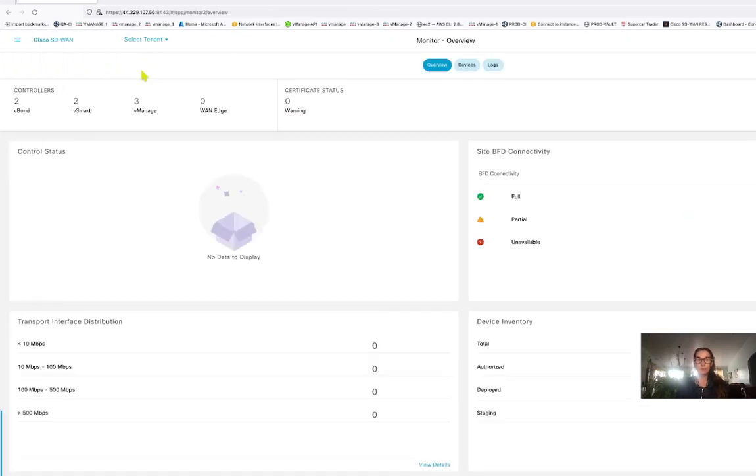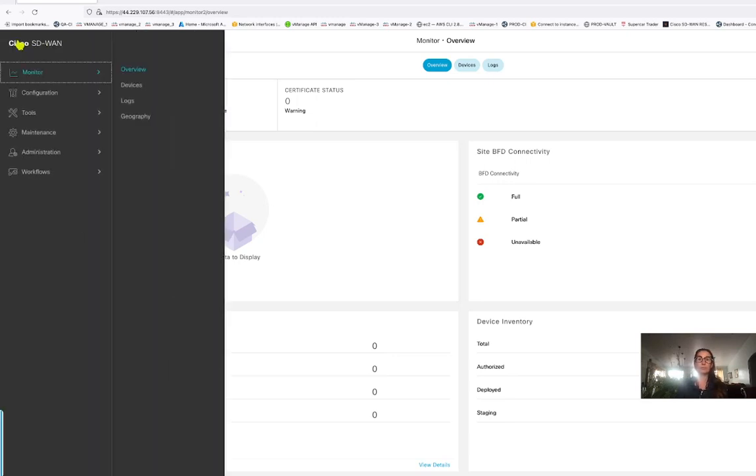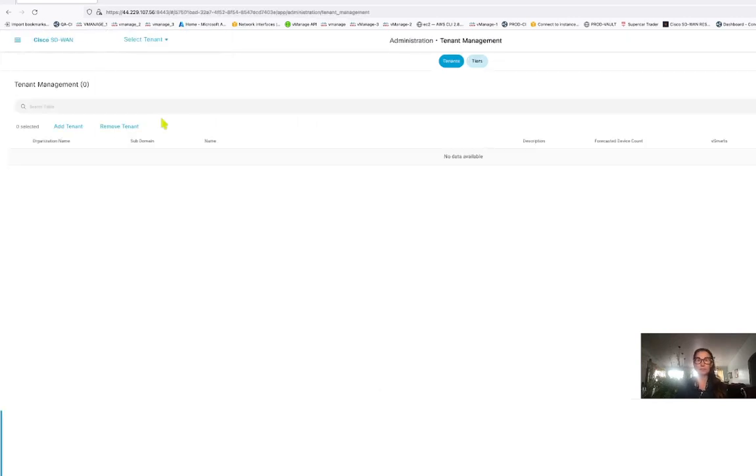All right, so now that we have put all the devices in vManage mode, we can come here to monitoring overview, and we can see we have 2 vBond, 2 vSmart, 2 vManage, no WAN edges. So it looks like things are still kind of baking, but what we're going to do is add in a tenant. So if we were a service provider and we wanted to add in our tenant, we would go to tenant management, add tenant,